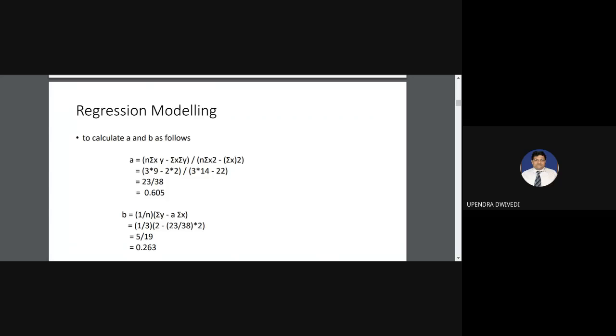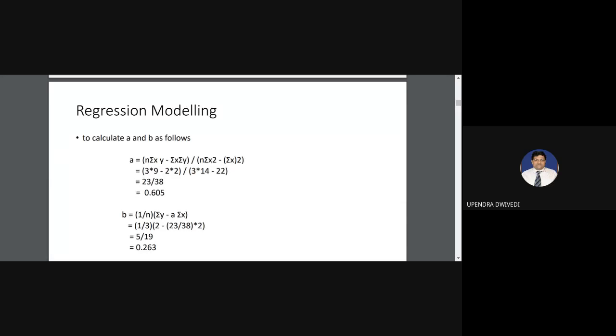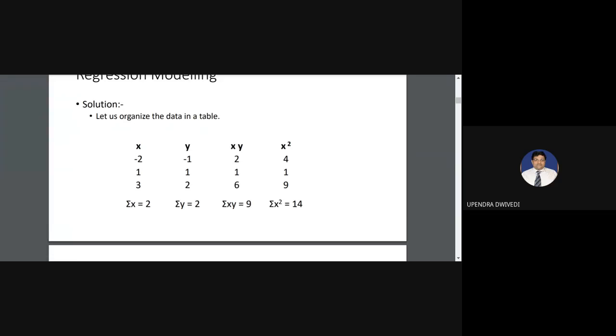In the denominator, we have n equal to 3, and then we take the summation of x square, which is 14, so we multiply with 14. And then the summation of x whole square. The summation of x is equal to 2, and the whole square of 2 is equal to,